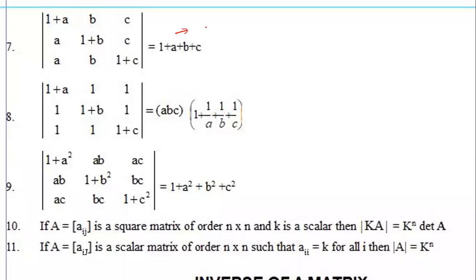Now see, write on this one. Seventh one, see, depending on the question. Okay, I'm proceeding. Time is not there for me. See, I'm talking about only C1. What I'm doing, C1 plus C2 plus C3. What is the answer? Can anyone guess? Adding these three columns, what is the answer? 1 plus A plus B plus C. What is the remaining? BC. Next, A plus 1 plus B plus C. Remaining is what now? 1 plus B, C.